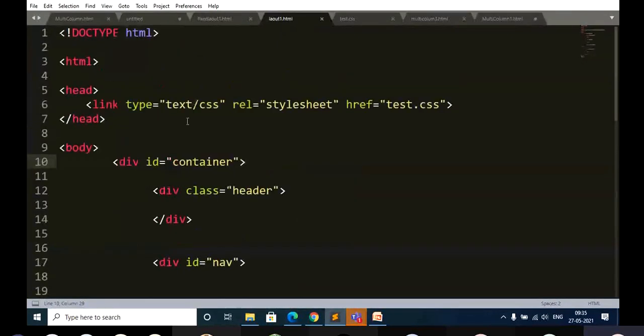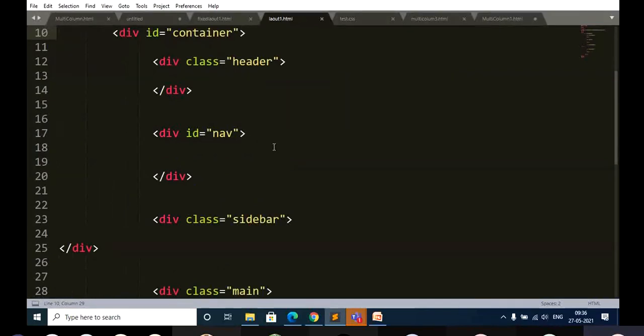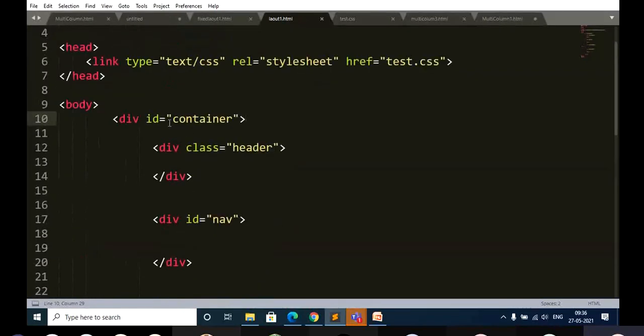So this is my HTML part. I have just created different division tags, that's all. I have a main container, and within that I have division tags.